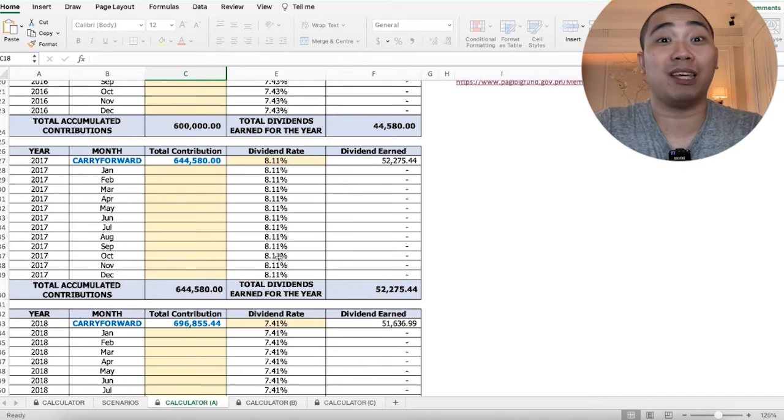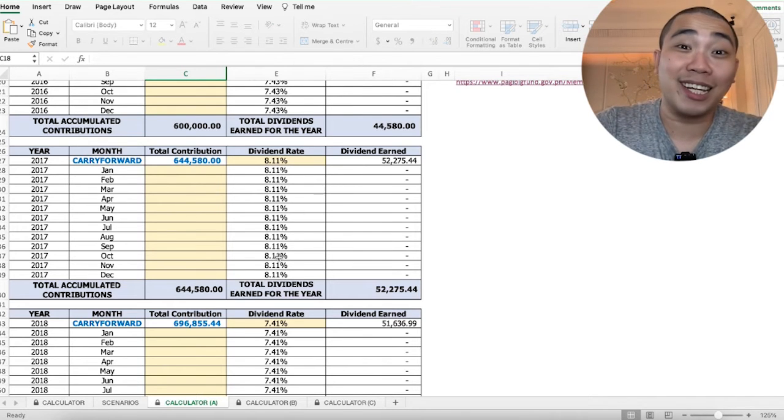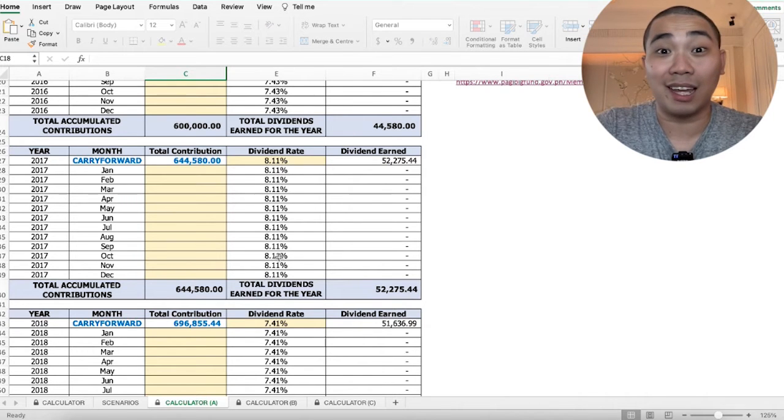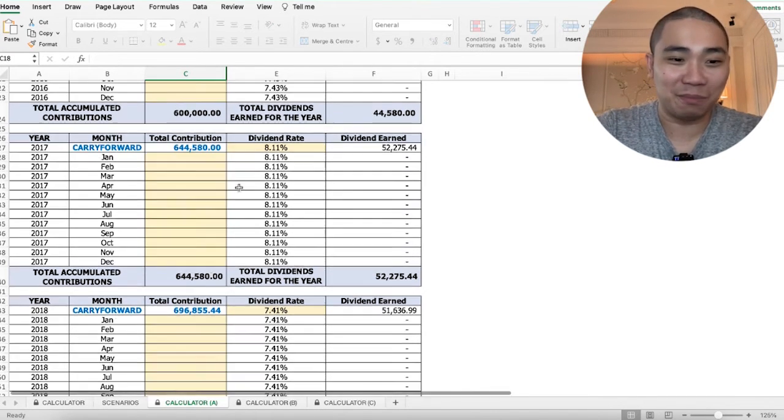If you don't have Virtual Pag-ibig yet, you can check this video right here to create a Virtual Pag-ibig account. Super easy to do. You can do it online and it helps you monitor your MP2 account. You can also validate my calculation para makita nyo yung actual dividends kung may na-earn na kayo.